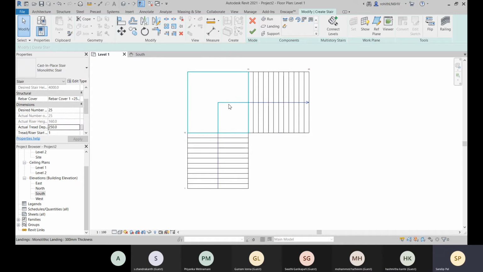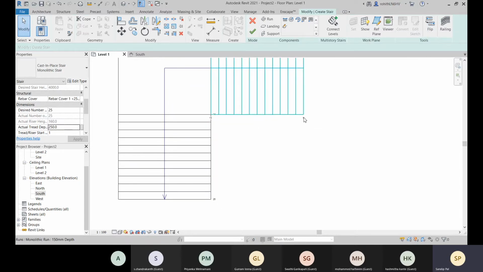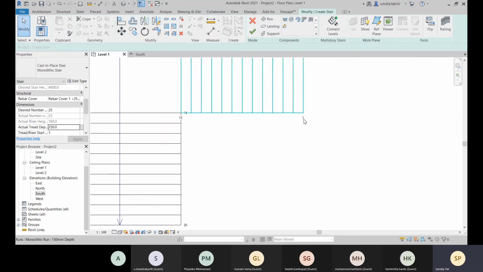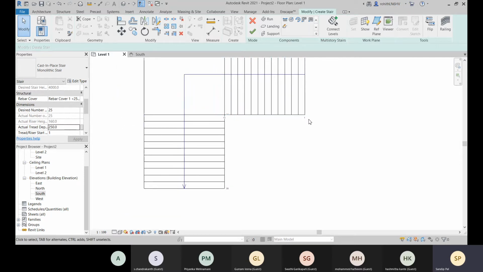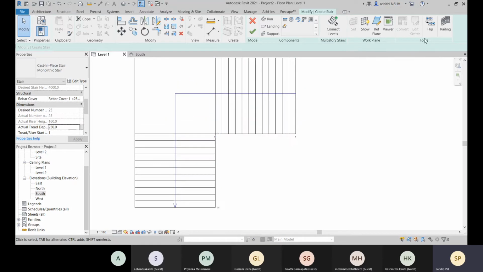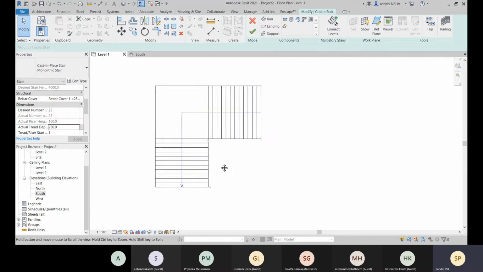And here you see this is the stair path. If you want to flip this, suppose you have created this, this is the up direction, suppose you need to change it, so for that you have that flip option there. So right now it is changed. And how cool is that, it's showing you this is one, so that means this is the beginning, this is the first riser, and this is the 26th riser. Okay, so you can flip it around.